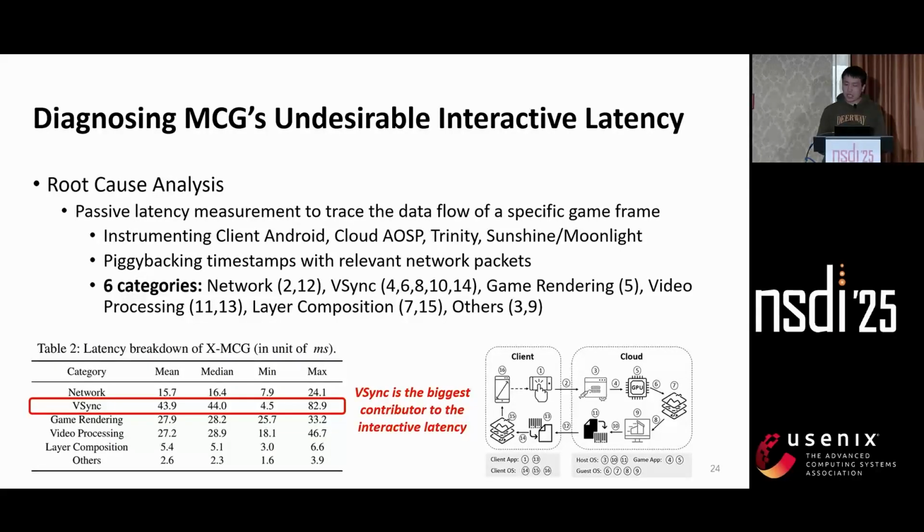We classify the delays of the measurable stages in the loop into 6 categories, including network, vsync, game rendering, layer composition, video processing, and others. Results in this table show that in terms of mean latency, the vsync mechanism contributes the most to the non-network latency. Here, non-network latency equals the interactive latency minus network latency,